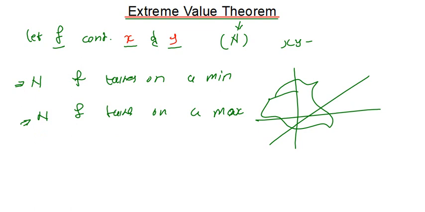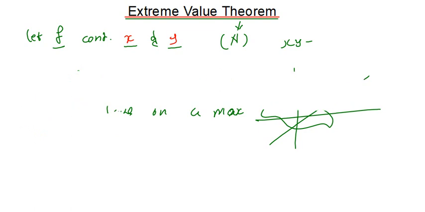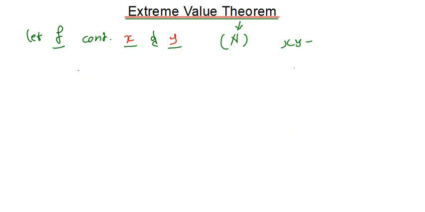Okay, so now what about the relative extrema? How do we know when we have a relative min, a relative max, for a given function? The function f that we have, from this statement, is obviously defined in that region N. It can be anything, but in this case I'm using N. It's the region N. If f is a function that is defined on that region N,